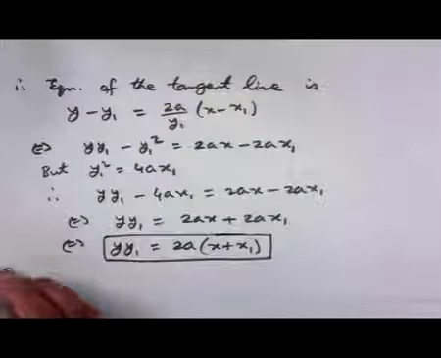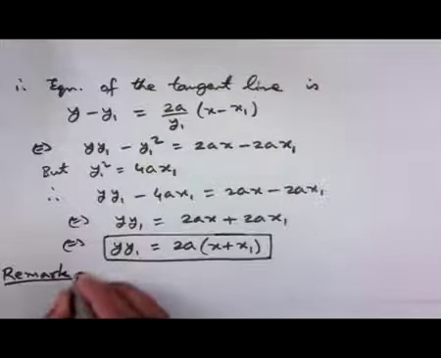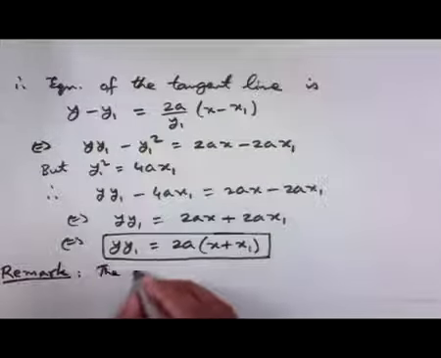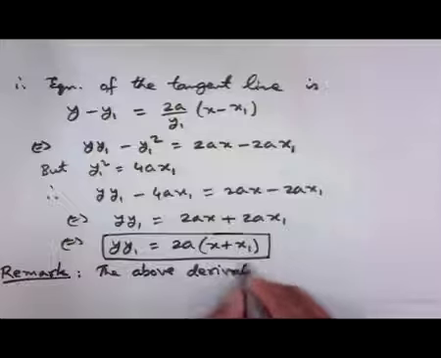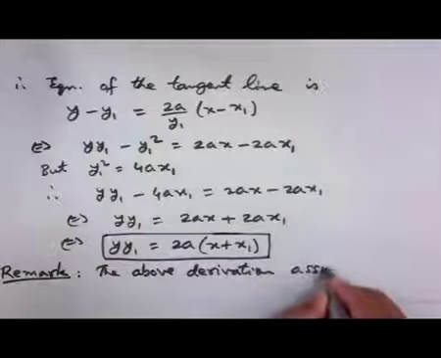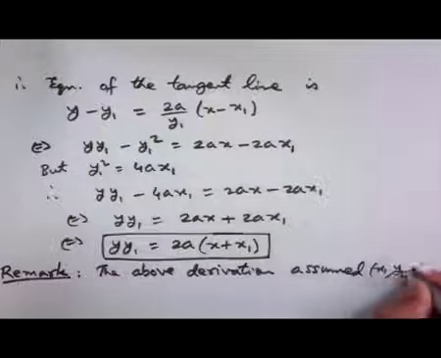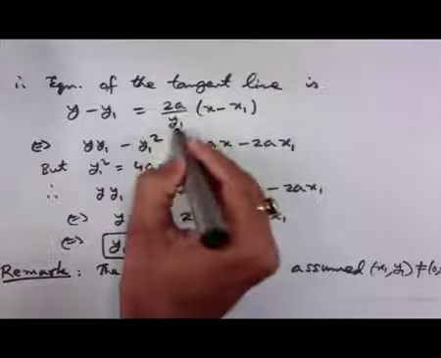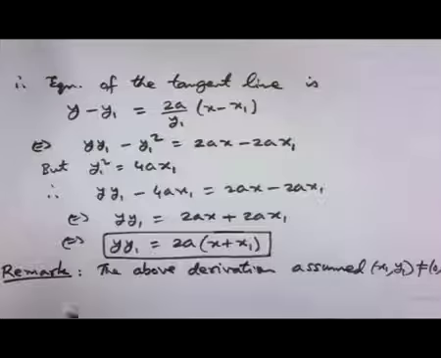So, remark: if you note the above derivation, we assume that this point x 1 y 1 is different from the origin 0 0, because we are writing 2 a by y 1 or 2 a by x 1. So, we assume this, but however,